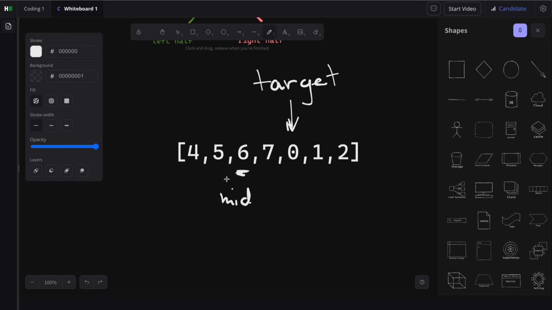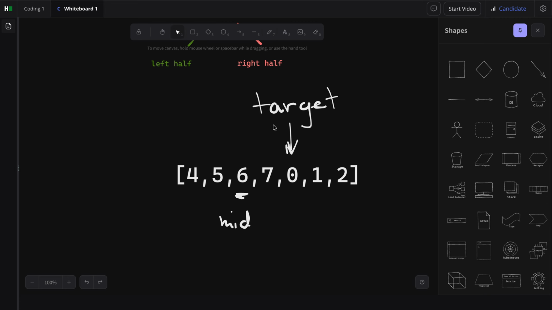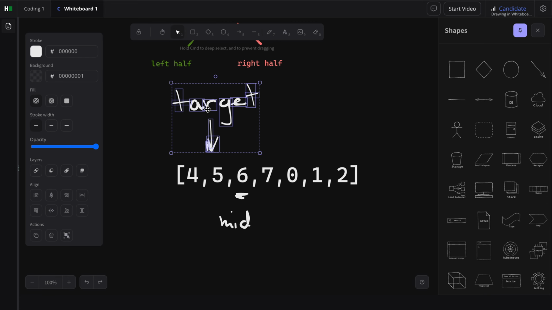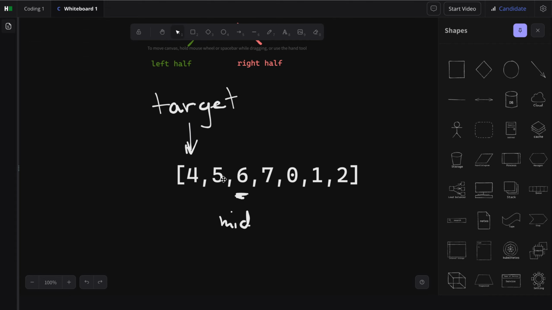Okay, so if our target is actually somewhere over here, like it's less than the mid,